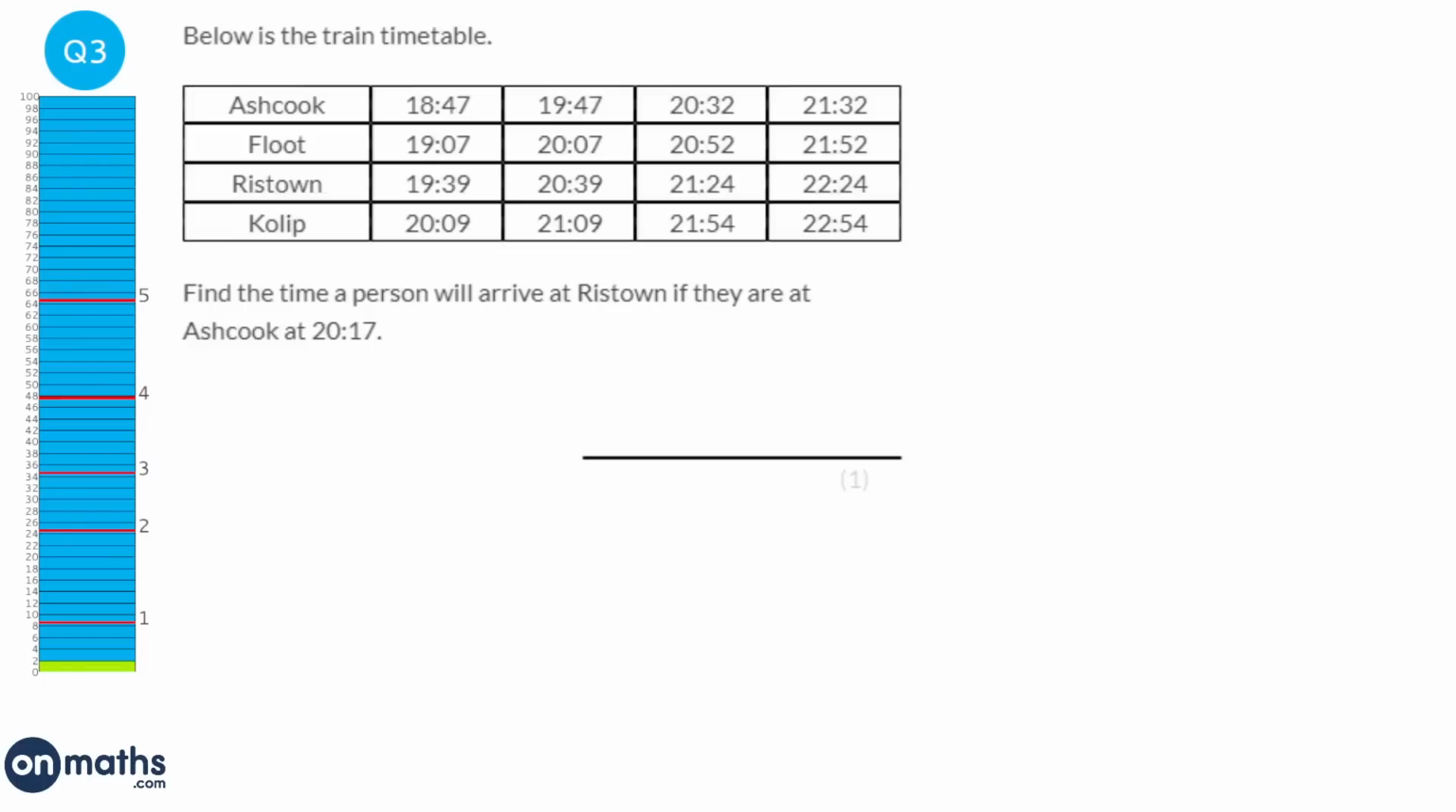So this person's at Ashcook at 20:17. So they're going to have missed this train here. And they're going to have missed this train here, so those are off. But they will be in time for this train here. And we're looking for the time it hits Risedown. So it will get to Flute at 20:52, and then Risedown will be at